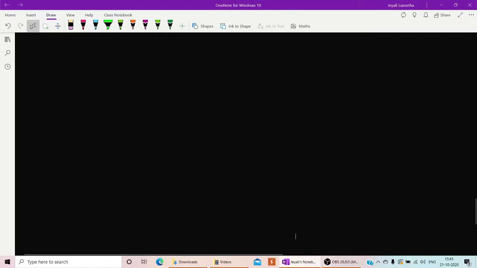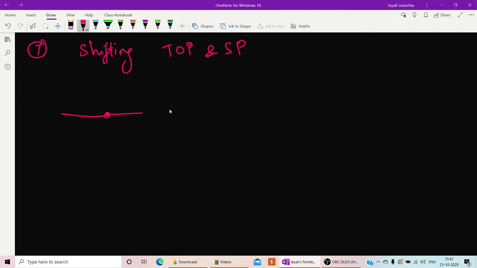So now we go for the next one. Next one is the seventh one. It is shifting again, but we have a tap off point as well as a summing point. We are just going to shift both the things. That's it. Right here you see you have a tapping point and then you have a summing point like this,